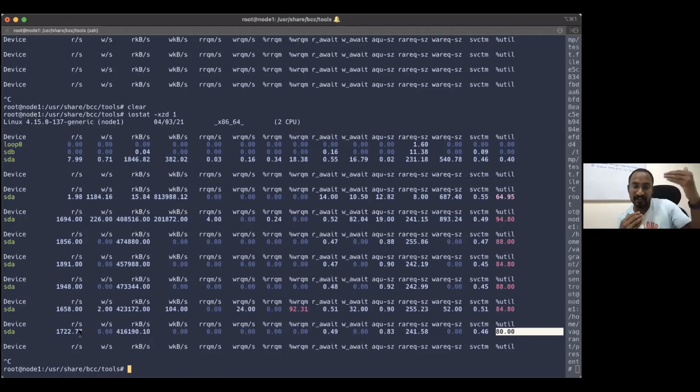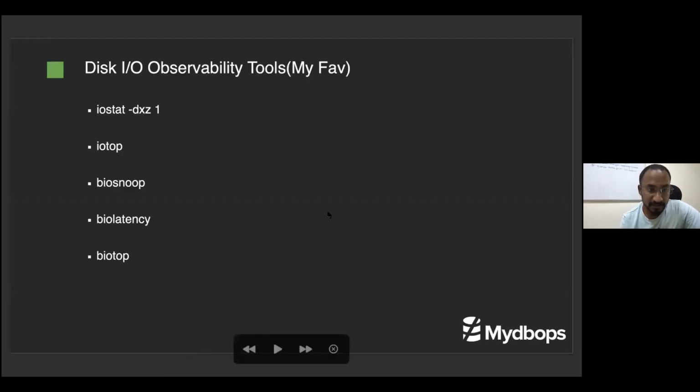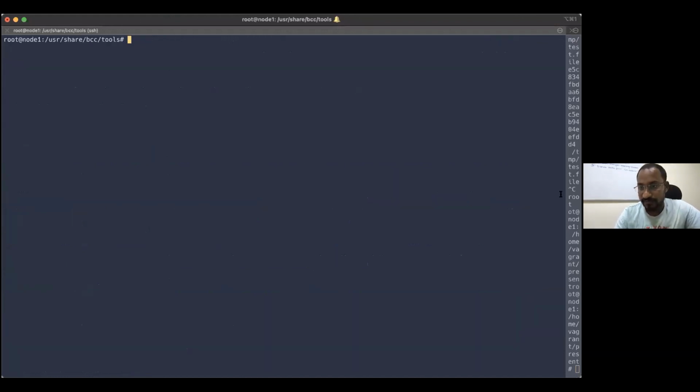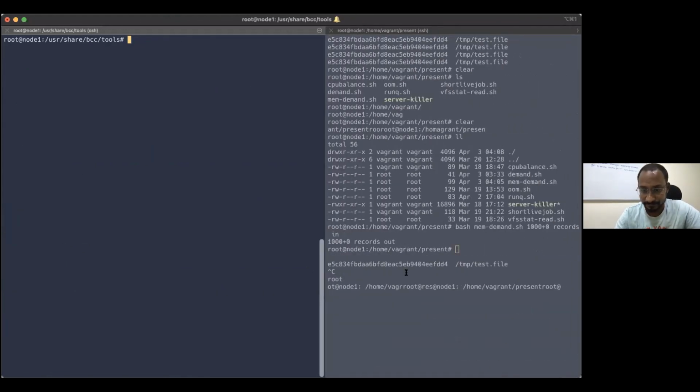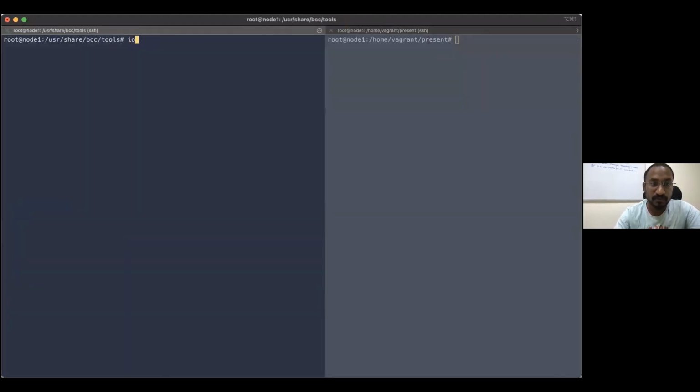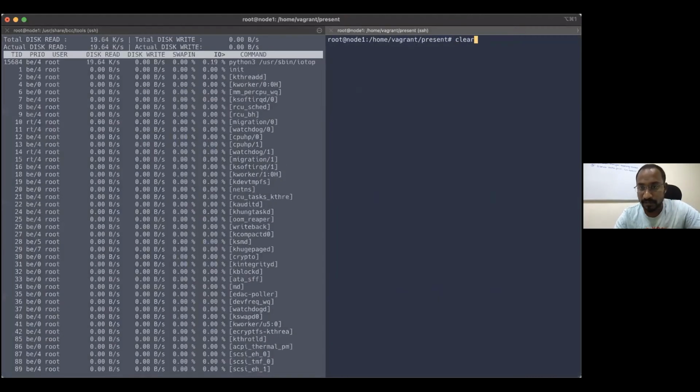So if await is increasing, it means you may be spending more time in the waiting queue of the disk block layer itself. And you can see the average queue size. The next command here is iotop. We are running out of time. I'm going to run iotop. It is quite like the top command. I'm pressing iotop and